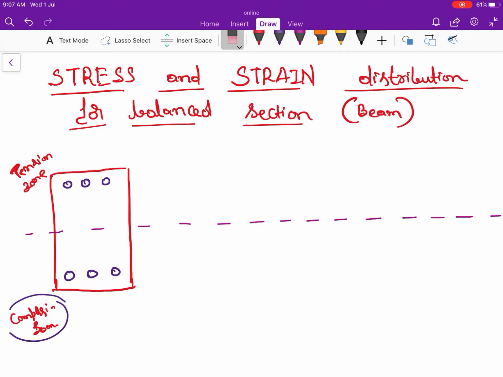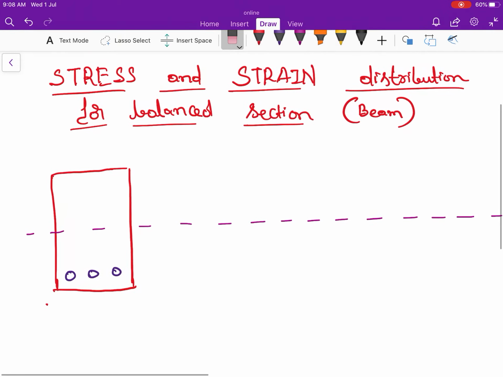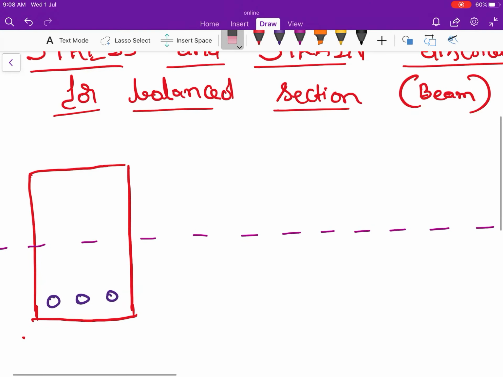We are going to study the doubly reinforced beam and the conditions to be followed in it in the next lecture series. In this lecture series we will concentrate only on the singly reinforced beam. We are going to study the stress and strain distribution for the balanced section of a beam, where I am taking one singly reinforced beam. This is very important and very basic to RCC. You need to know this. Many MCQs will come from this, and it is the most basic concept that you need to know.